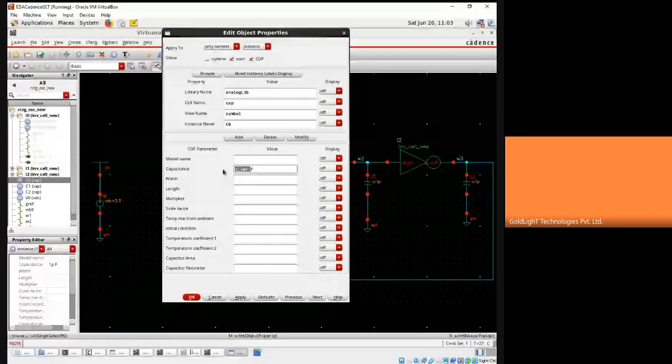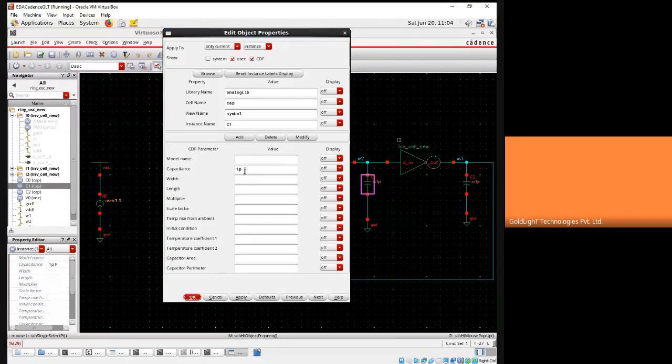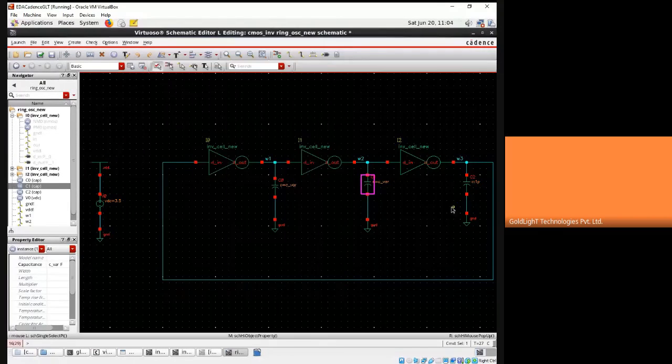Okay, I'm giving the C var, and applying. Here also, by pressing the Q key, I'm getting the properties. I'm placing that variable name there, and again for the third one,